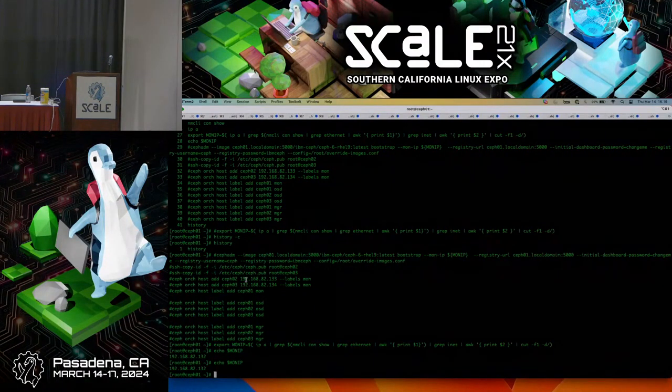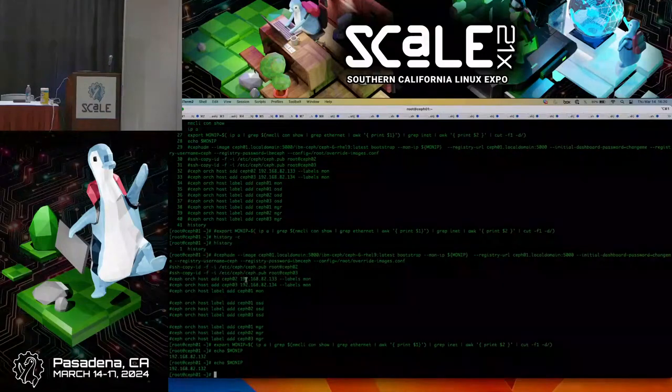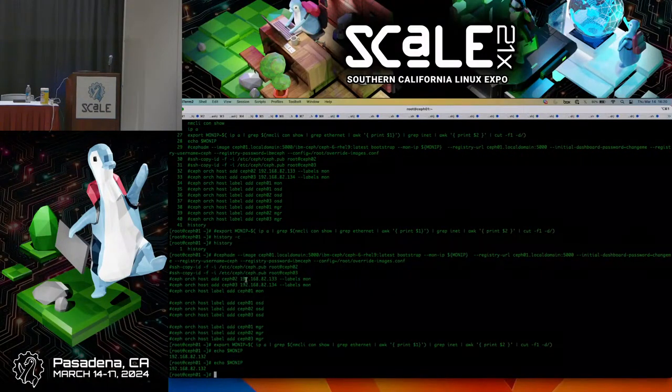Okay? So we're going to bootstrap the cluster. When we do the bootstrap of the cluster, what we do is generate an SSH public key. We're going to distribute that key to the other nodes that we have, so that my single mon and my single manager can actually start talking to these other nodes in the cluster. From there, we're going to assign labels, and you're going to see that the cluster comes to life, as we put the labels on the nodes,